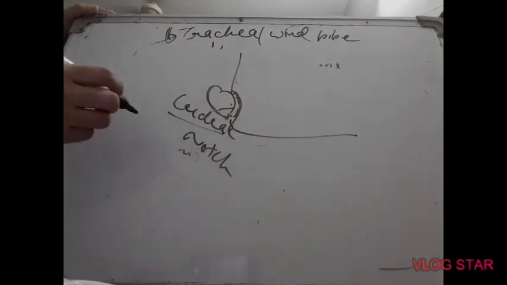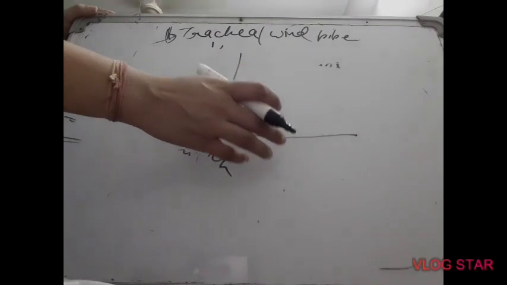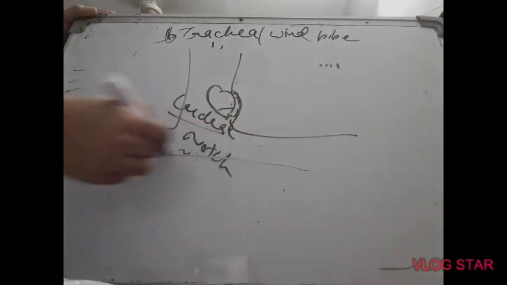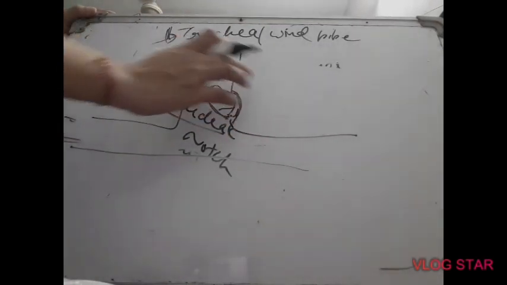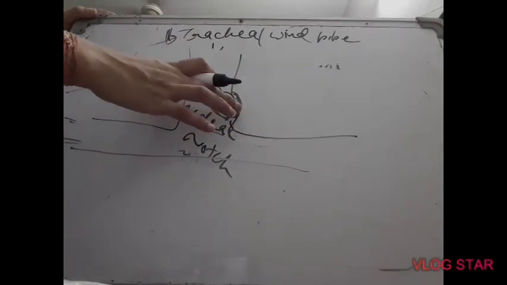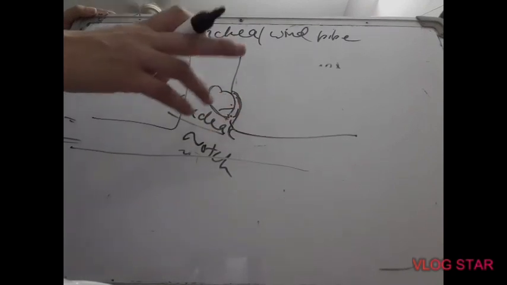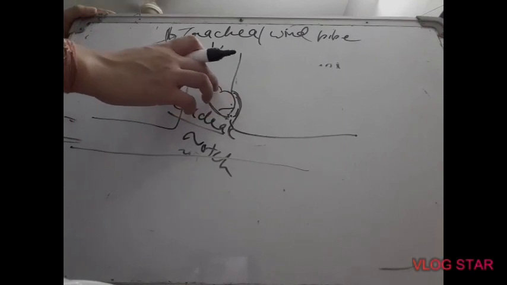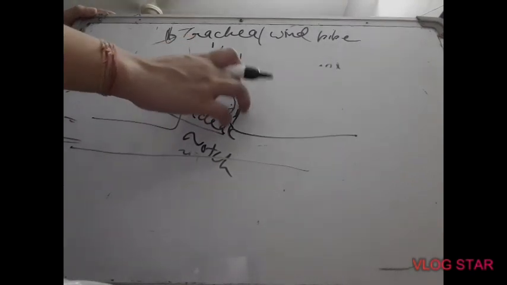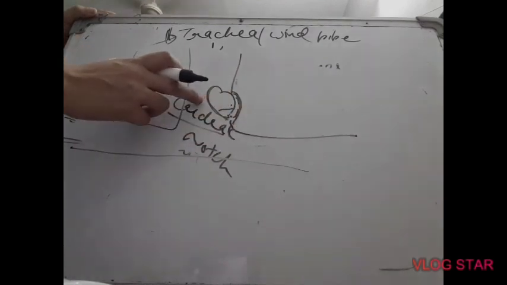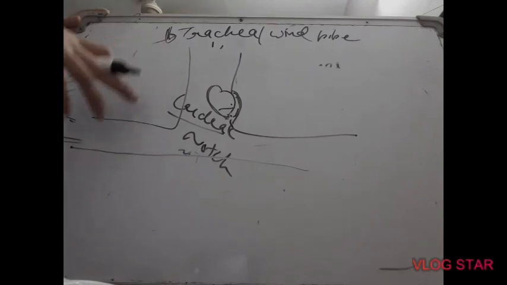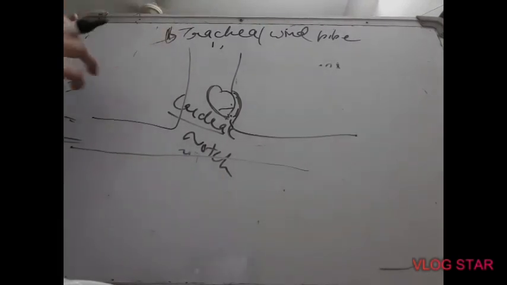That is why it is generally assumed that the heart is found towards the left of the chest cavity, but it is wrong to say so. The heart is found in the center of our chest cavity, in between the two lungs, but slightly towards the left. Why towards the left? Sorry, I spoke right earlier. It is left, slightly towards the left. Why towards the left? Because the left lung bears a notch known as the cardiac notch, where the heart gets fixed. Internally the heart is protected by the pleurae, and externally it is protected by 12 pairs of ribs, which is known as the rib cage.